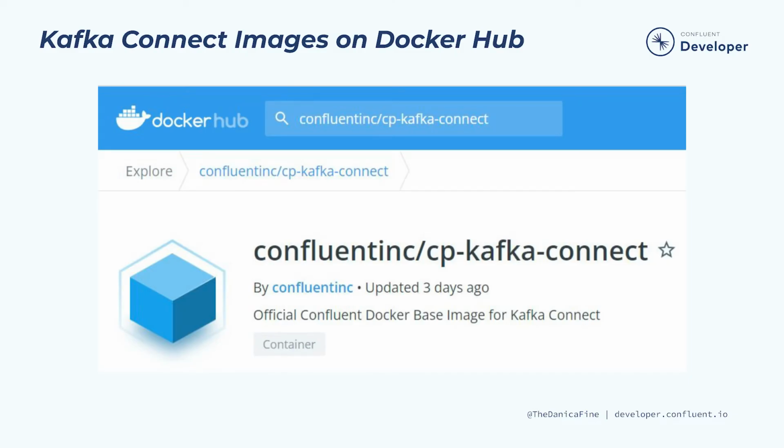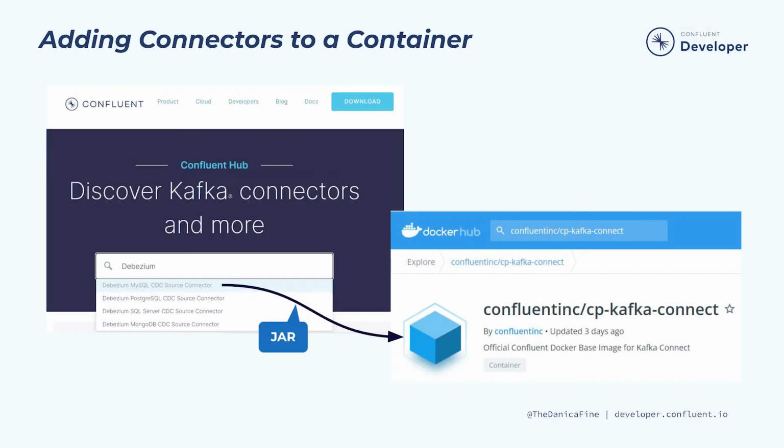Confluent maintains its own image for Kafka Connect, CP Kafka Connect, which provides a basic Connect worker to which you can add your desired jar files for sink and source connectors, single message transforms, and converters. You can use Confluent Hub to add your desired jars, either by installing them at runtime or by creating a new Docker image. Of course, there are pros and cons to either of these options, and you should choose based